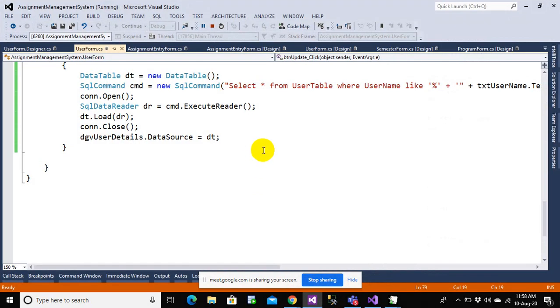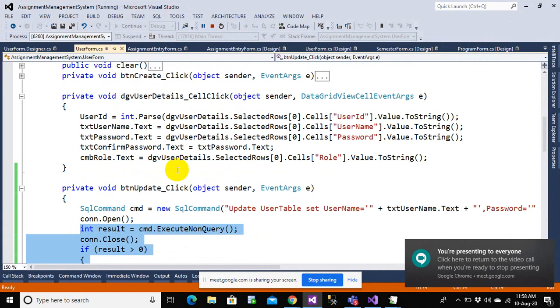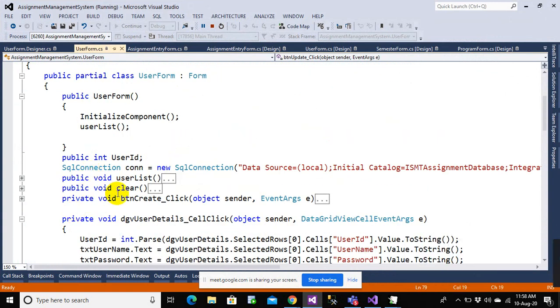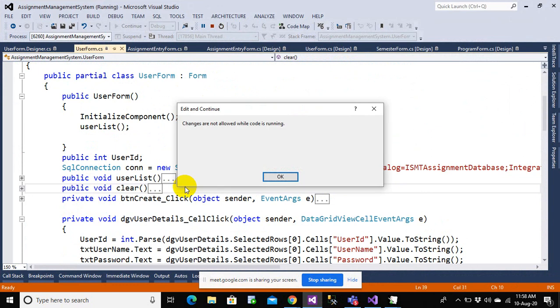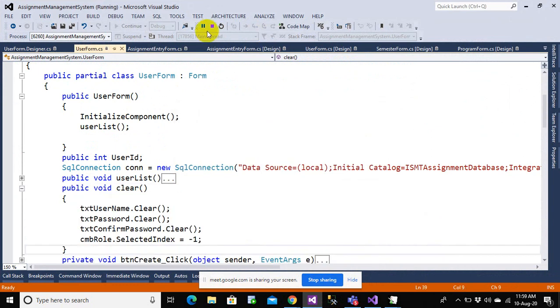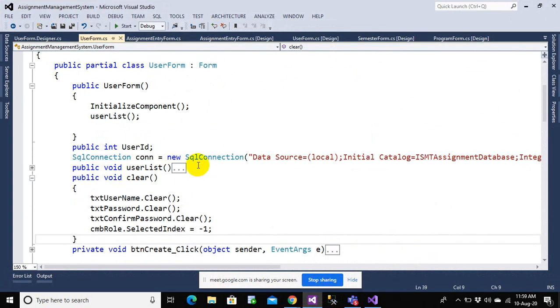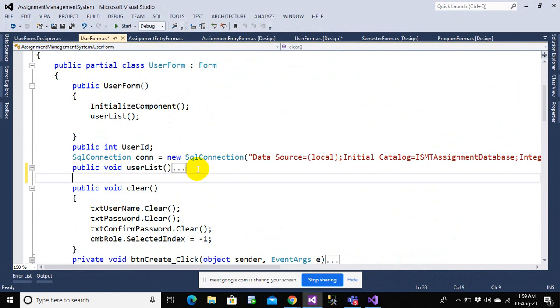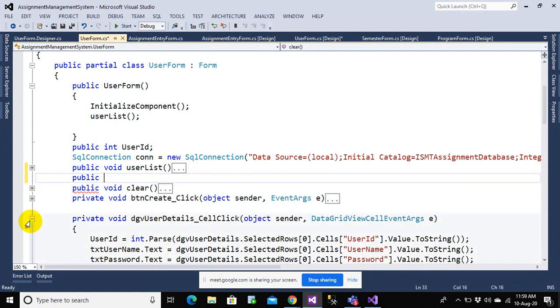Let me create a function just below this one.